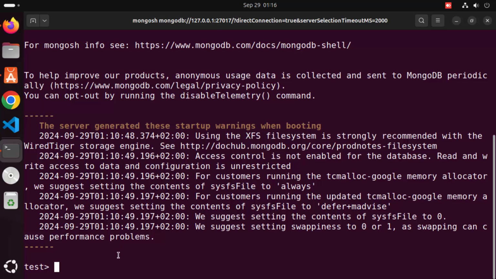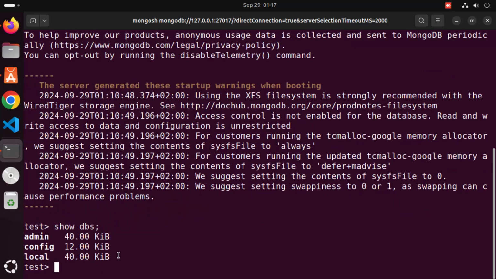So now we are inside this MongoDB shell. So here we can give the commands like show dbs in order to list out the databases which we have. So I'm going to just write show dbs here and then press enter,